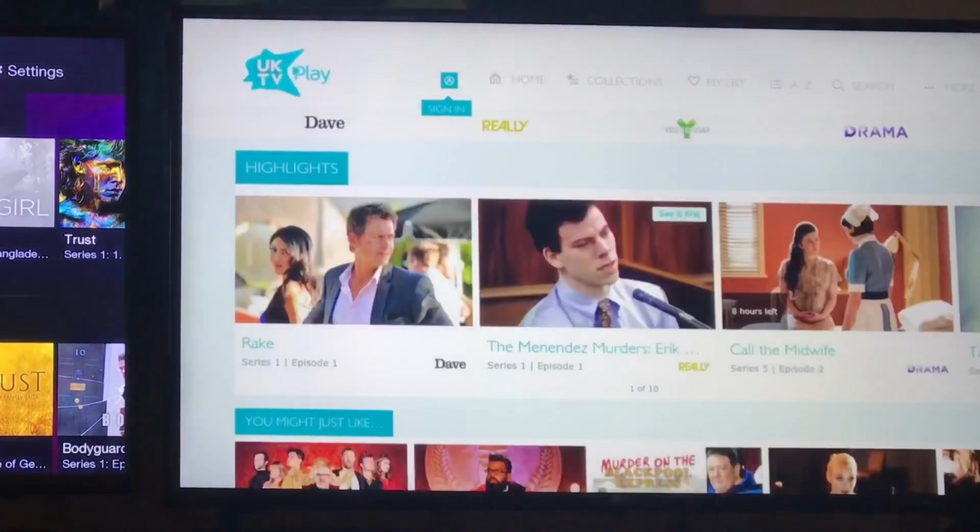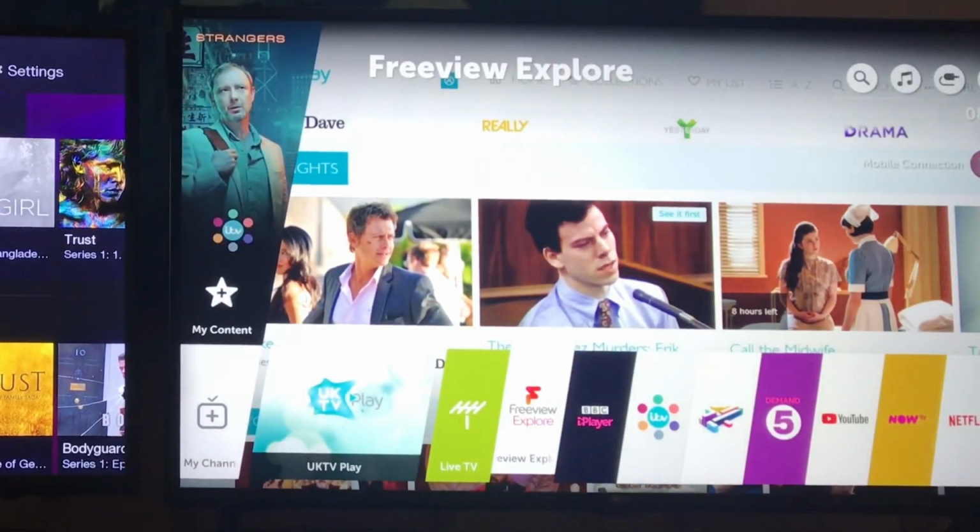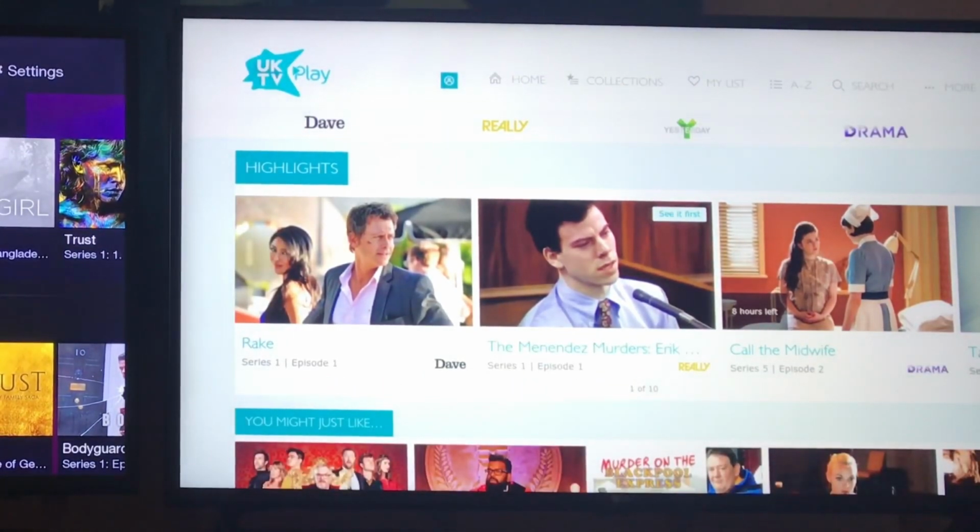There you go. So all it was that it needed to be launched from the main smart TV platform, and then it becomes available in that system. So something I also really like about the LG system is if I go to Freeview Play, or Freeview Explore they call it on here,